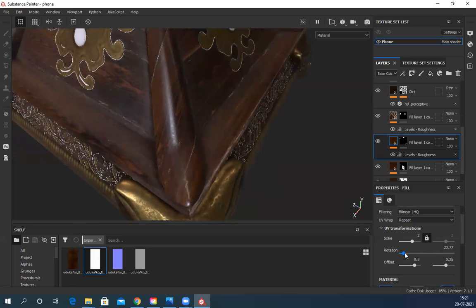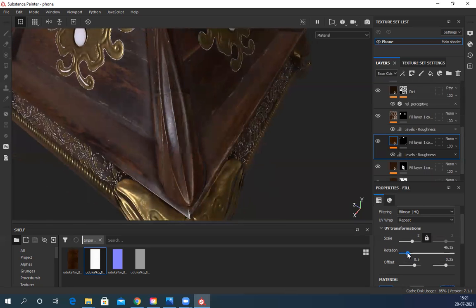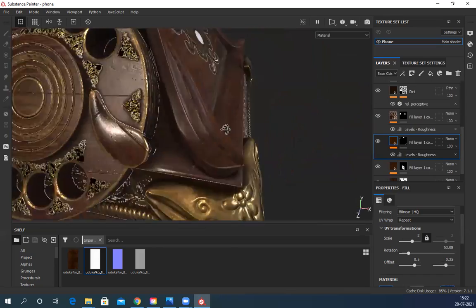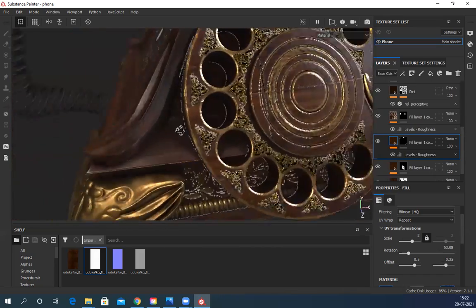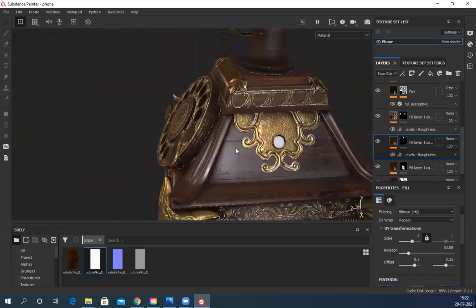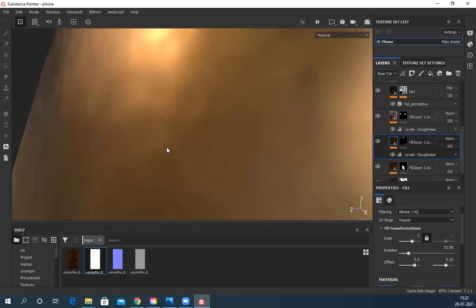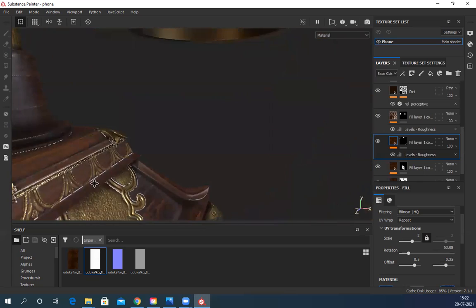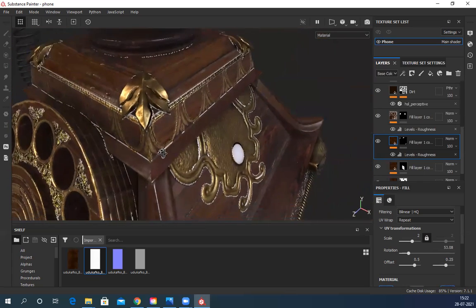Still not. Now you can see rotation. A little generic, but this looks much better. Now I can see my texture. There are a few gaps. You can see this gray color gap.